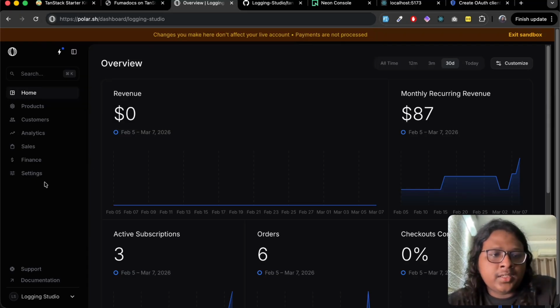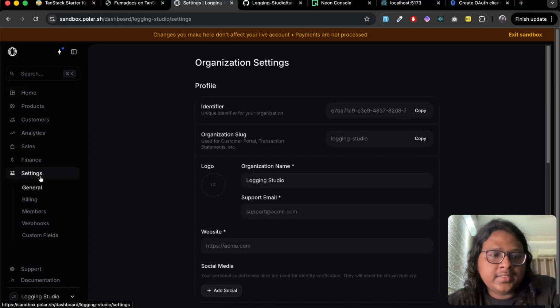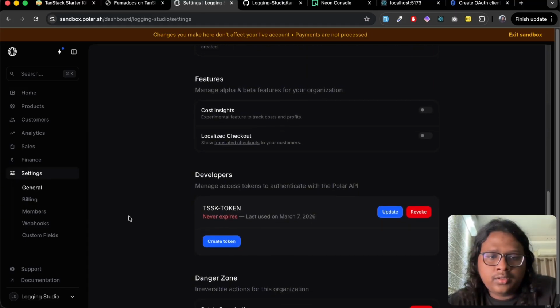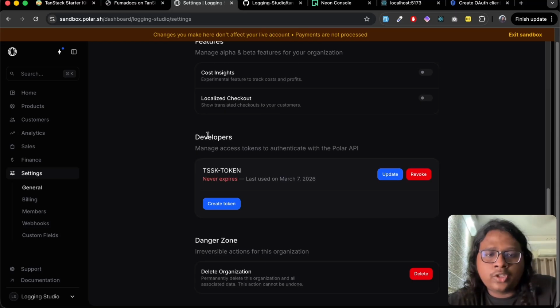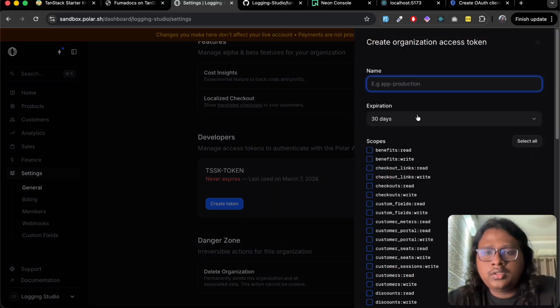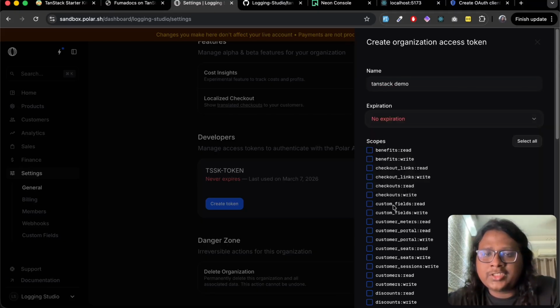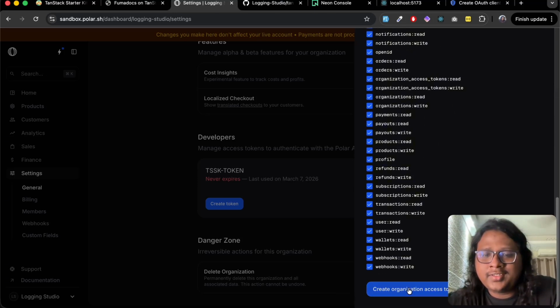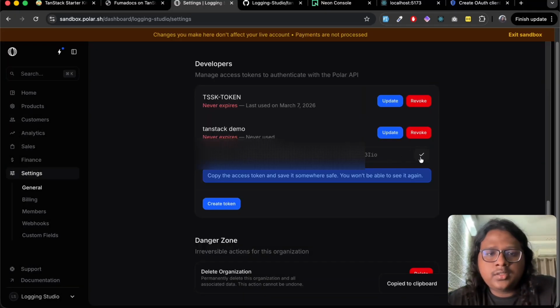So anyways, to get the API keys, go to settings, and from here you can see the developer section. Let's create a new token, Tanstack demo, expiration, no expiration. Let's give it all the benefits, so why not? Create token, copy this,